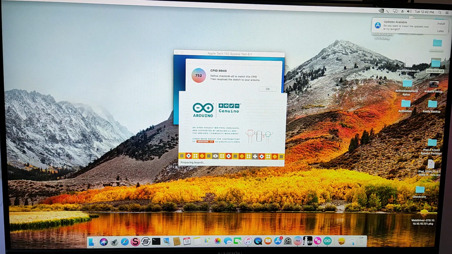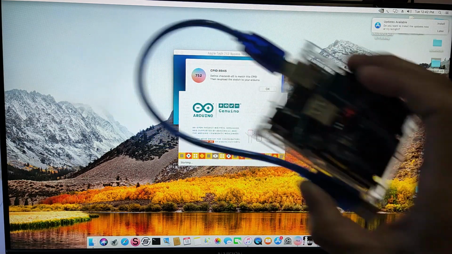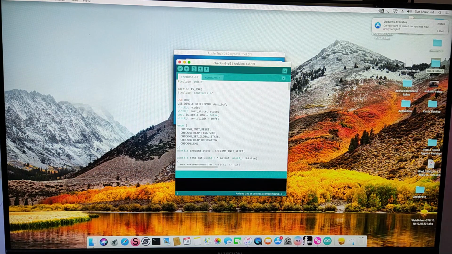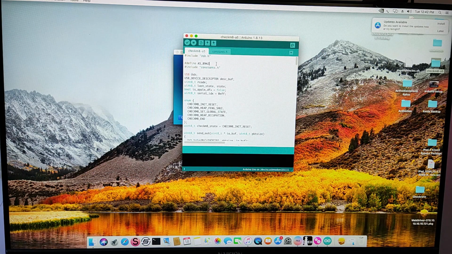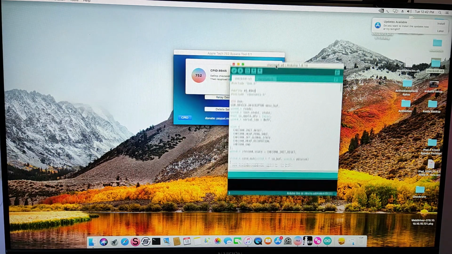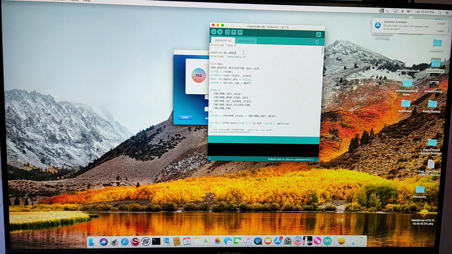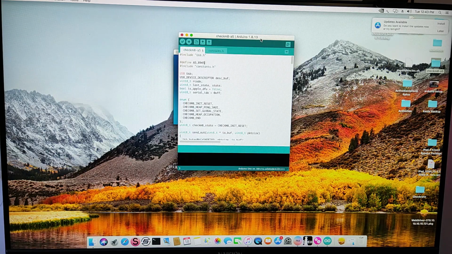We also need to prepare our Arduino while we are waiting. As you can see, the CPID here in my Arduino software is 8942. We're going to change it to 8945. Okay guys, now that we have changed it to 8945,